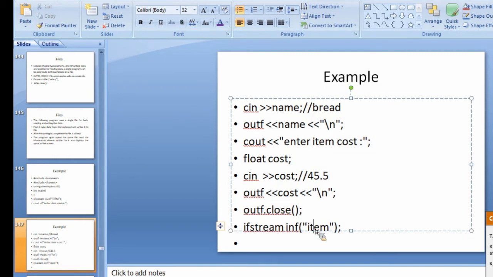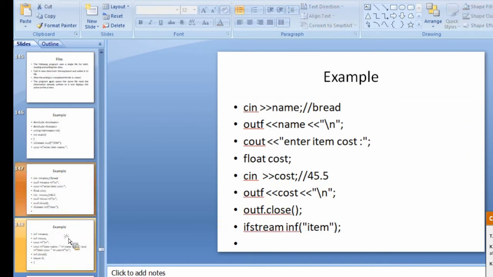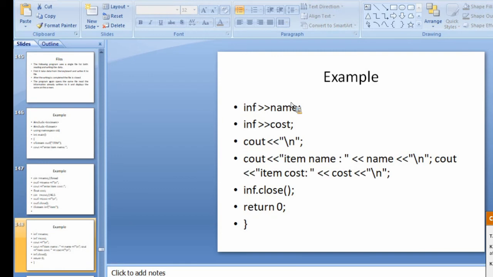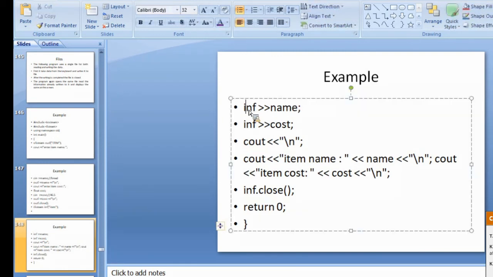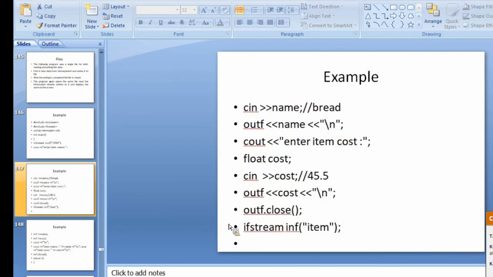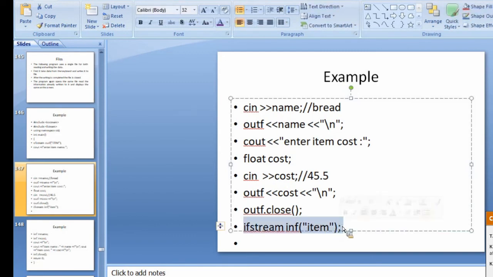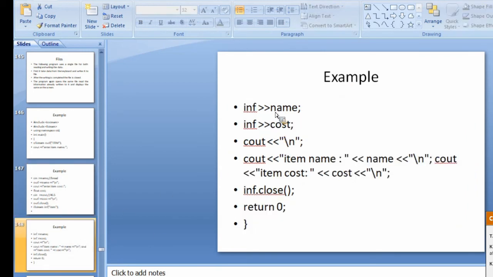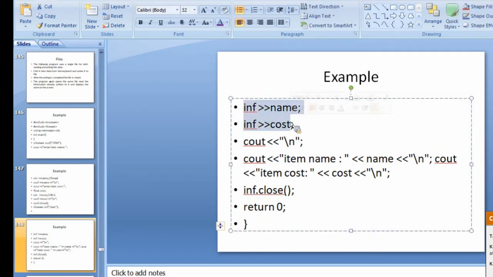Now see, once again I'm opening that item file for reading. I have created an object called input file stream, inf. Then with inf, I'm reading the name and cost from the file.